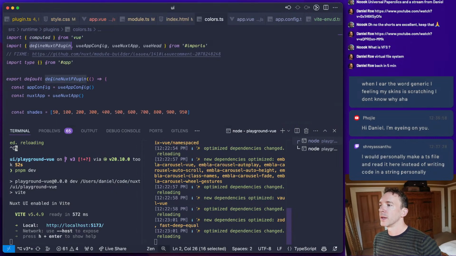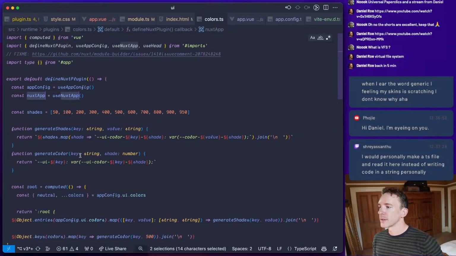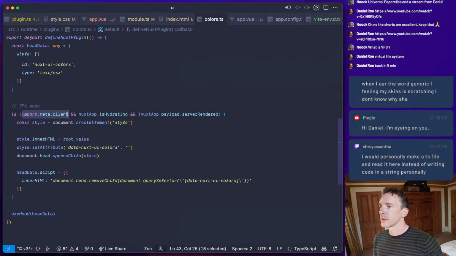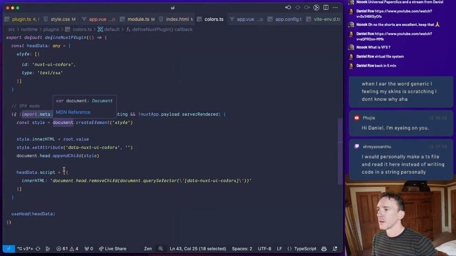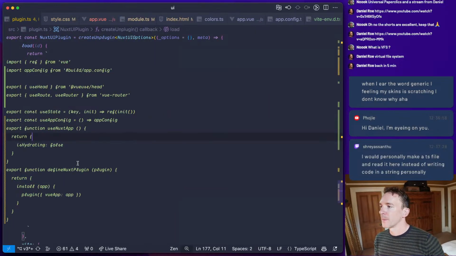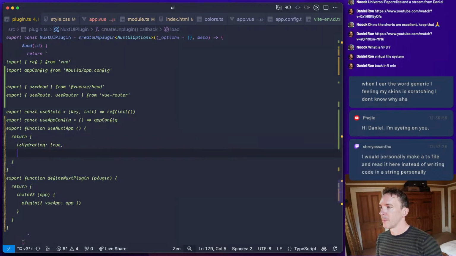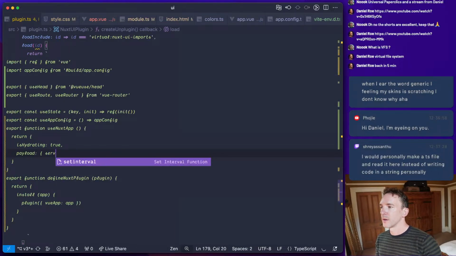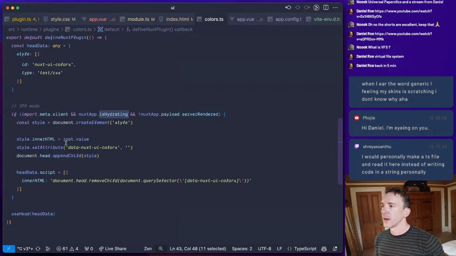Let's see what it needs, right? So it's definitely hydrating, and it also asks for this. And we probably need to make that to be the case. Okay. And it also needs to have a payload and server rendered false.